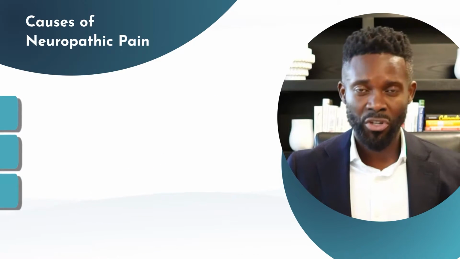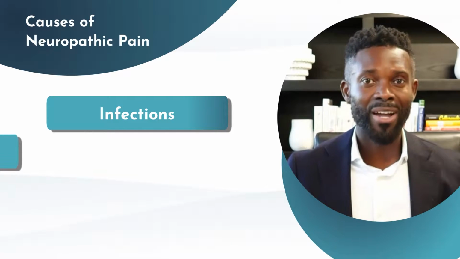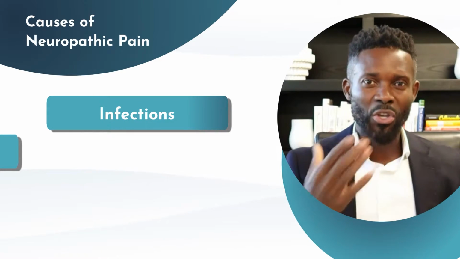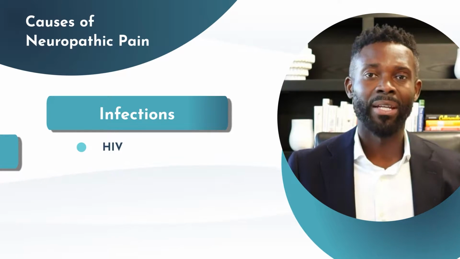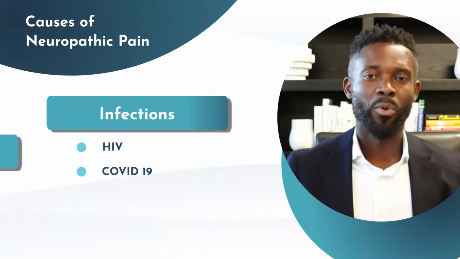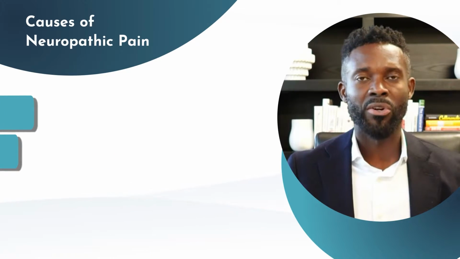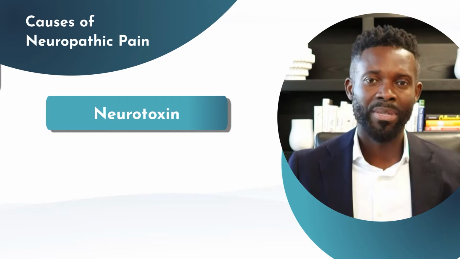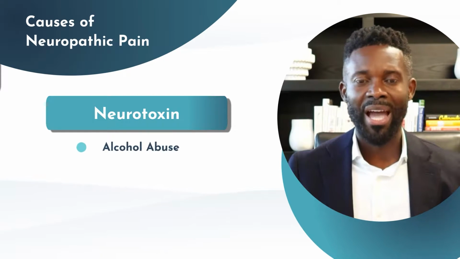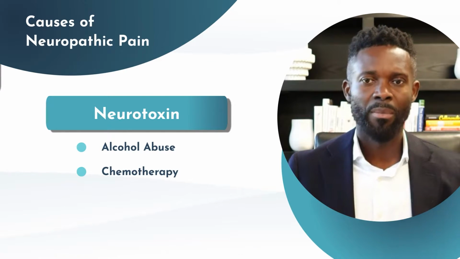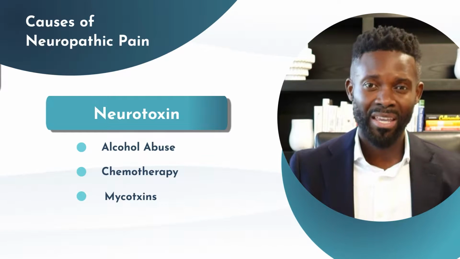We can also have infections. So infections can actually also affect the body as well as the nerves. And as we define, when nerves are affected, you can develop neuropathic pain. And that's the case in HIV and even COVID-19, or people are familiar with shingles. It's a form of neuropathic pain. And then the last one is neurotoxin. So there's specific substances that are toxin or toxic to the nervous system. And that could be alcohol abuse, chemotherapy, mold exposure, mycotoxins, specific toxins in the environment, and even some of the